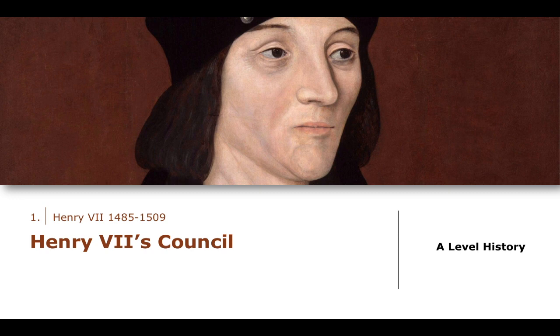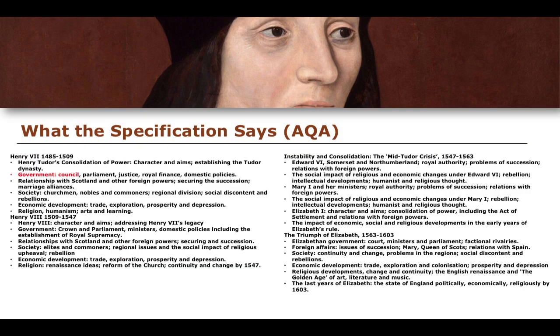In this video, we're going to carry on talking about the reign of Henry VII. We're moving on from the first part of the specification, where we looked in the previous videos at the consolidation of Henry Tudor's dynasty. We talked about the aims and the character of Henry VII, and we also talked about the establishment of the dynasty through examination of the various different pretenders to the throne and dynastic rebellions against his